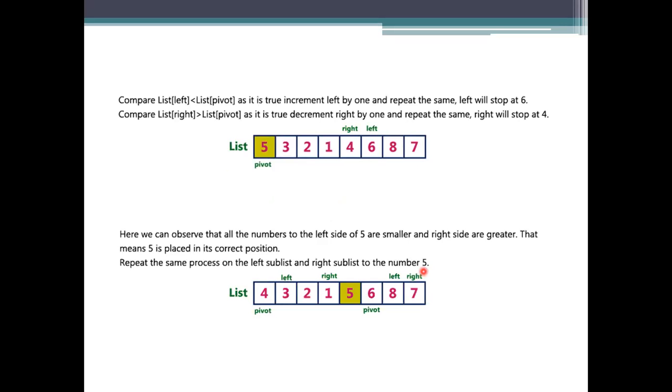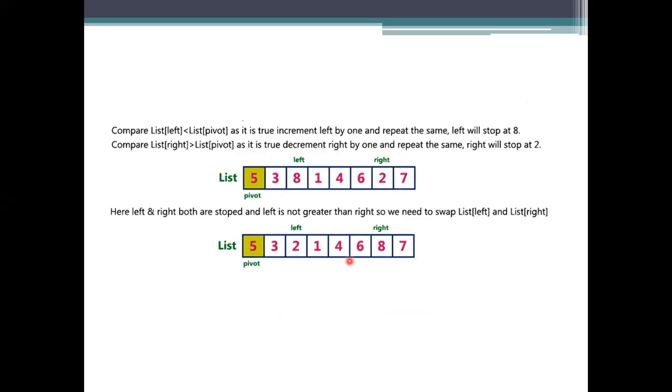1 is also there, so 1 is less than the pivot here. Then coming to 4 and 6. Here the 4 and 6 values are being used. 4 has been compared with the pivot, and 6 is greater than 5. We will stop here only. What happens here? The right side and left side values have to be processed, because here the 4 value and the next 6 value have to be replaced or not, we need to see.